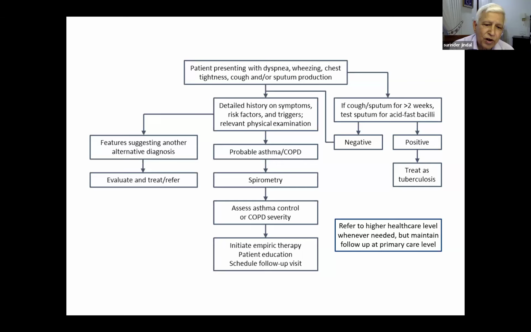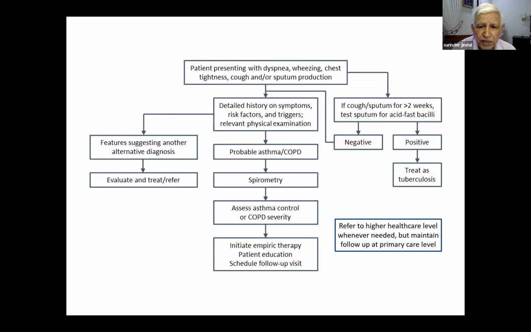At this stage, one would like to do spirometry, because for the diagnosis of COPD, a spirometric demonstration of airway obstruction is important. And one should also see the disease control, because many patients may have been taking some treatment. One also has to see whether there is any alternate diagnosis, because these symptoms, especially breathlessness, can be commonly caused by heart disease and some other problems, heart disease in particular. So that should be excluded.